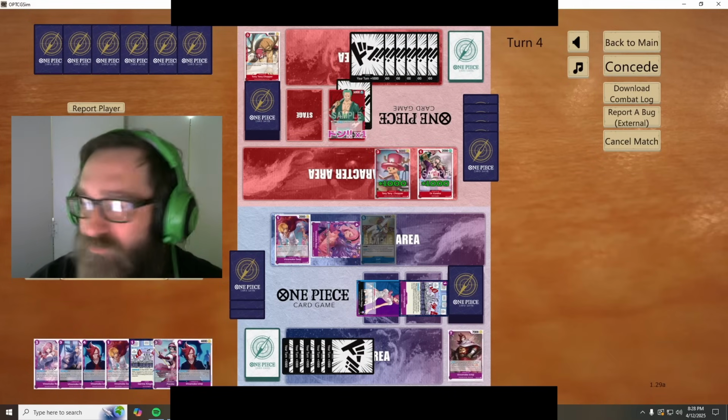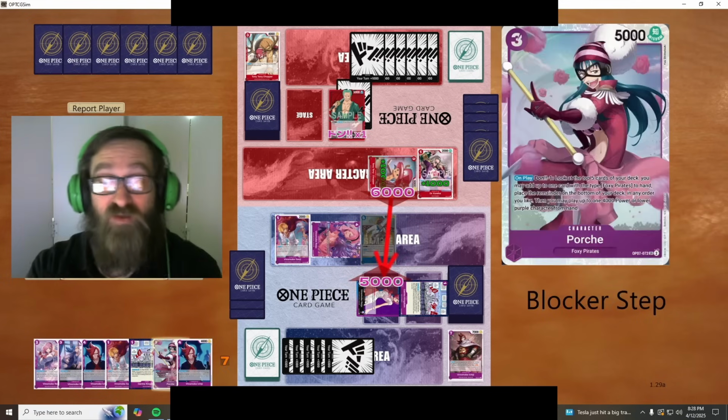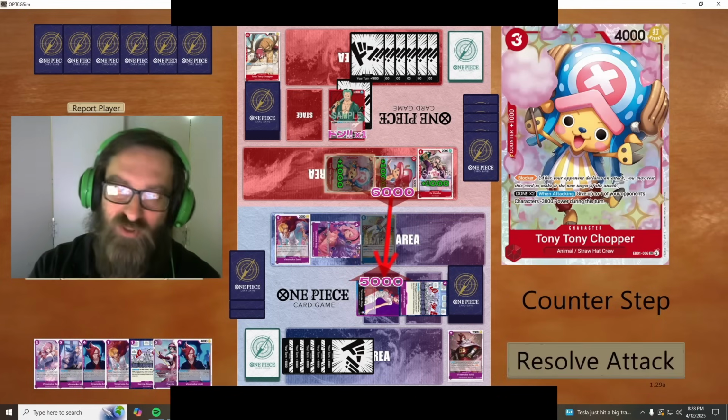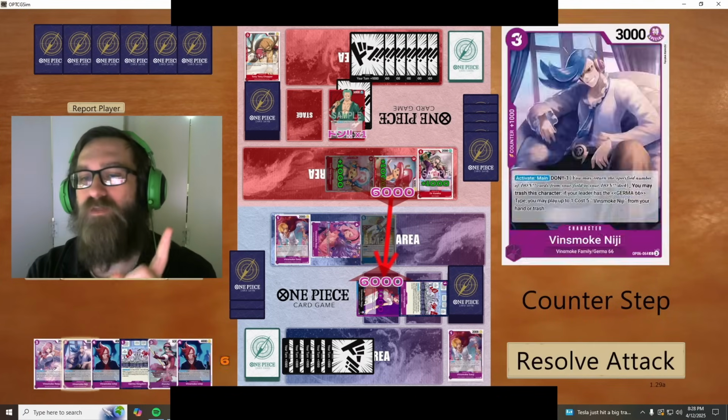Oof, that was rough, guys. That was a rough one there. Hopefully we'll be able to bounce back from it. Hopefully it wasn't too much. They're coming in for 6, and we still don't have any 2K counters in hand. So we really need to take this hit right here. So they cheat out the chopper. We need to take this hit just so that they can't know that...